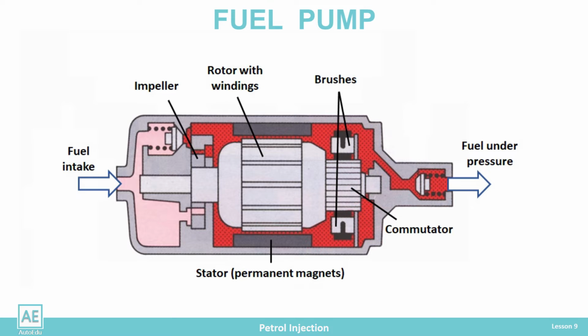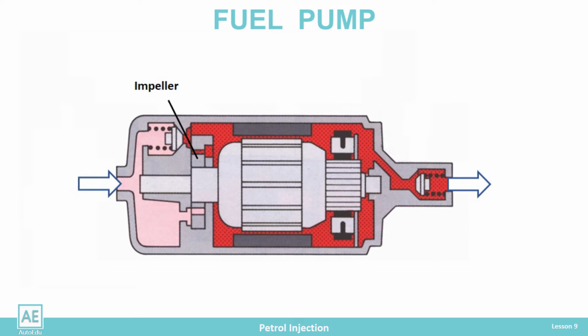When the pump is running, the fuel flows through the pump and around the electric motor. In this way, the pump is lubricated and cooled, and the highly flammable fuel is safe from explosion because it lacks oxygen. The fuel pump can be positive displacement and flow type. The shape of the impeller defines the type of pump.